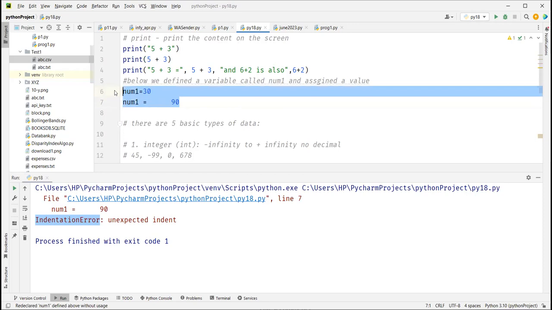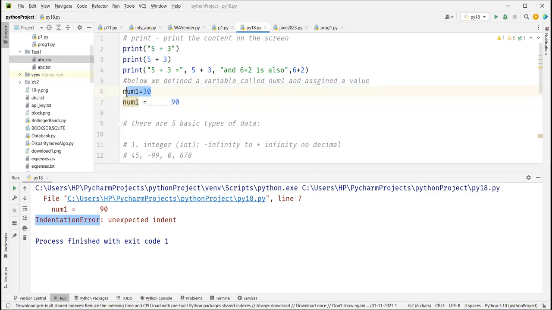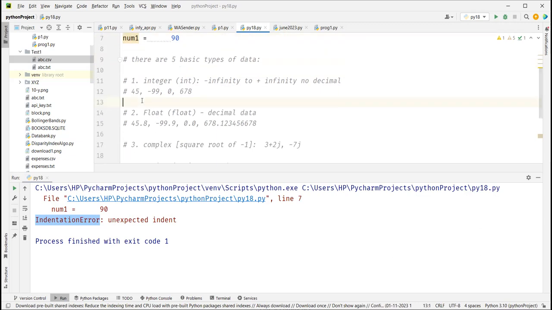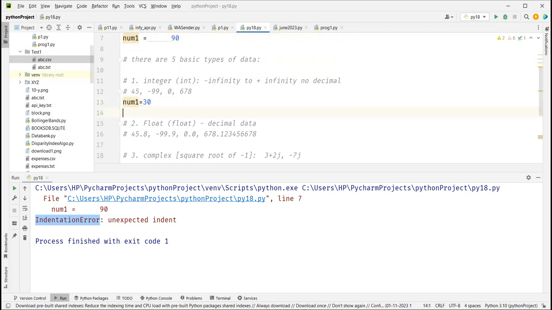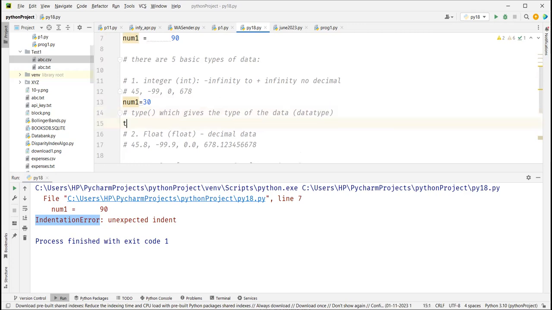Now, these are your numerical types only, isn't it? And these are your integer type because we have not added a decimal. So this is an example where num1 is integer type. We have a function called type, which gives the type of the data, or the data type. So when I say type of num1, it will tell me that it is integer, int. So if I run it,